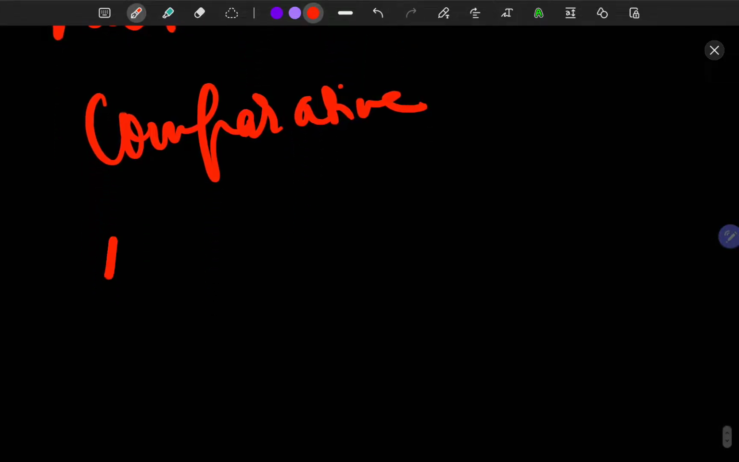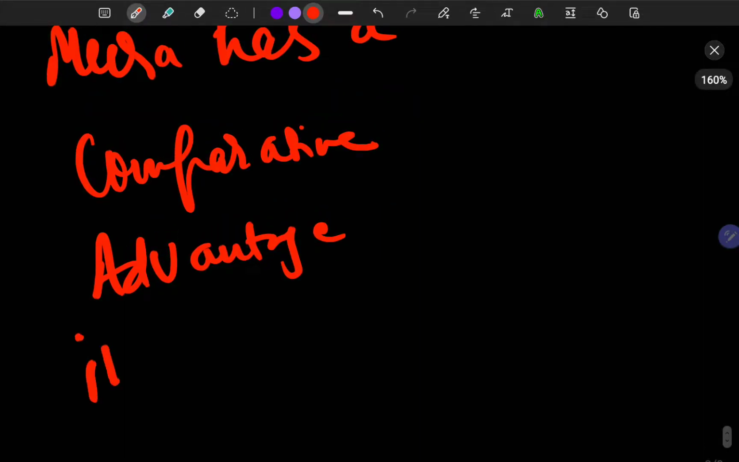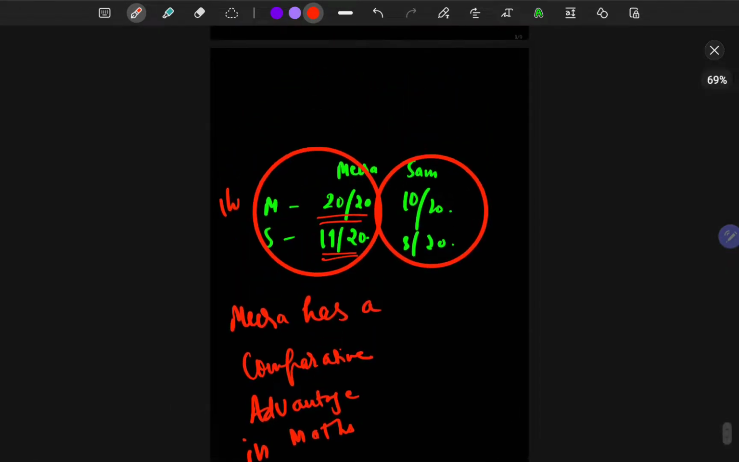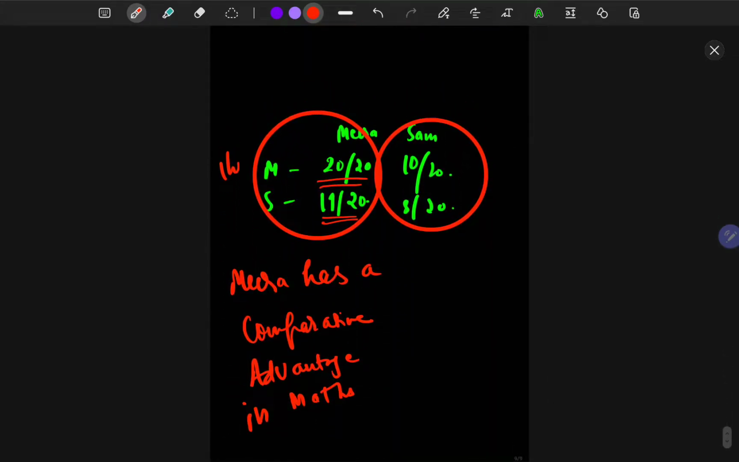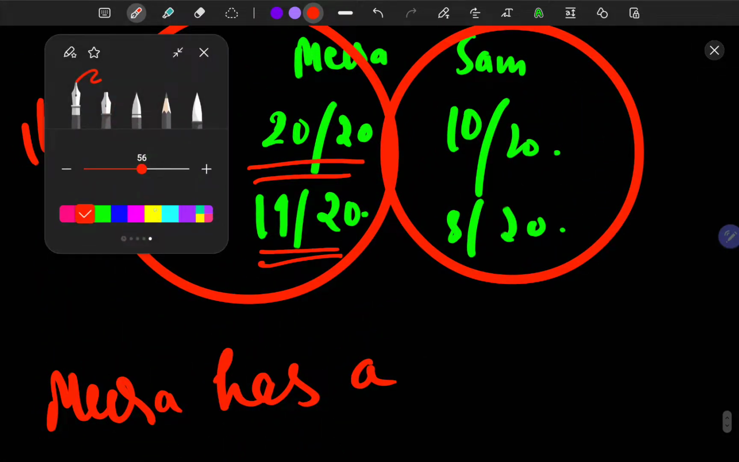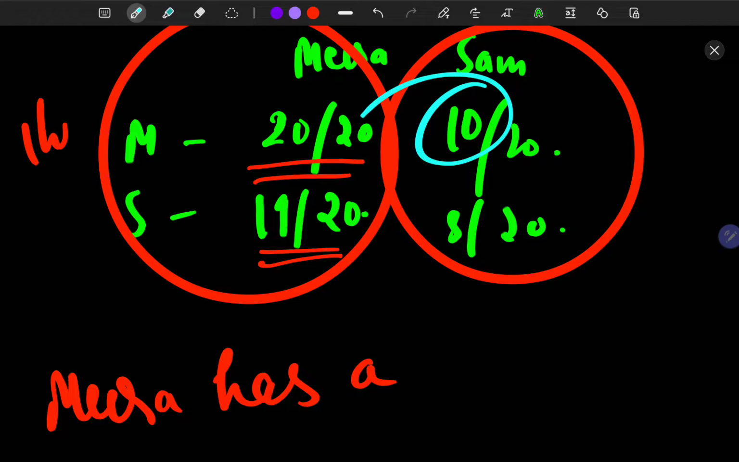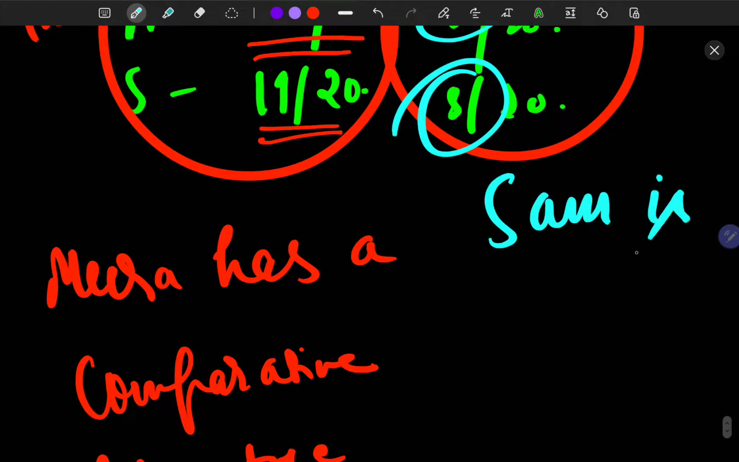advantage, which means comparatively Meera is at an advantageous position. Meera has a comparative advantage in maths, although she has outperformed all the rest of the students. Let's say that everyone in science has got below 18, but she's the one who has scored 19. Meera is good in both the subjects, I do agree, but Meera is comparatively good in maths as compared to science. Sam is not performing well in either of the subjects, he has just scored 10 in maths and 8 in science, but still, Sam is